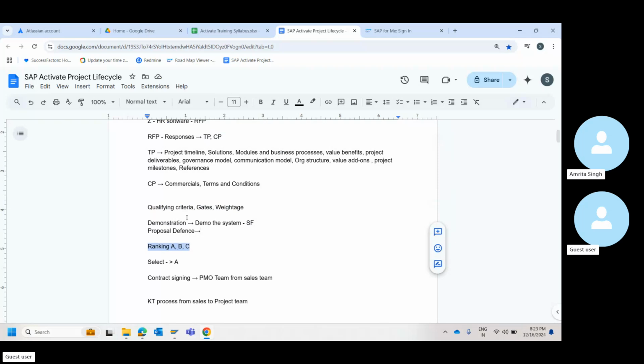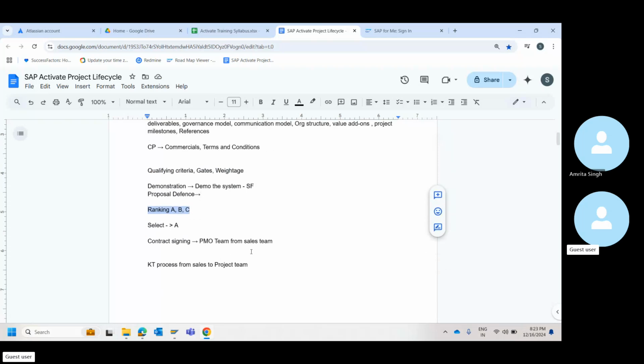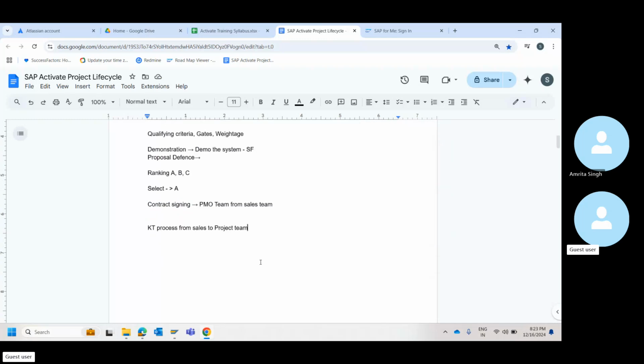Then they'll select a vendor, then they'll go for contract signing. After they sign, it comes to the PMO. Then from the PMO, they'll allocate a project manager. PMO assigns project manager to the project. This happens as part of the discover phase.